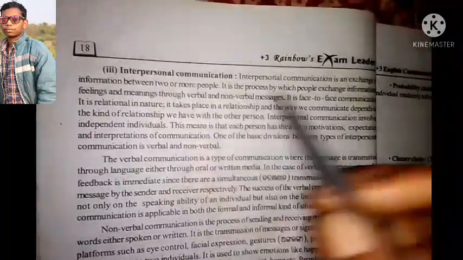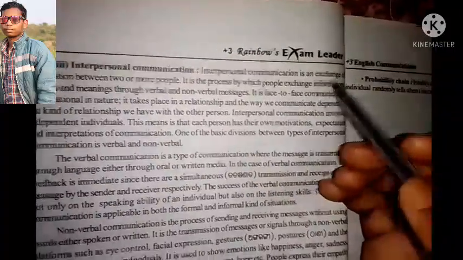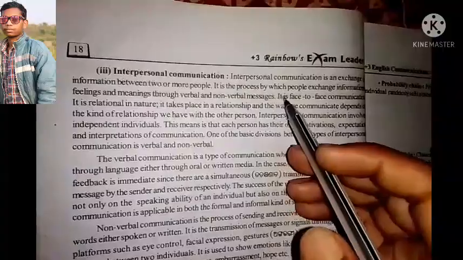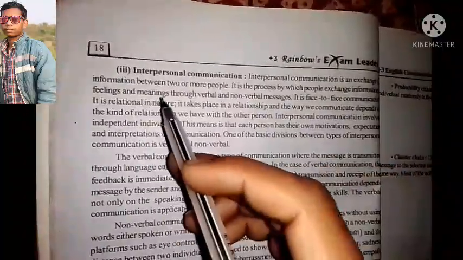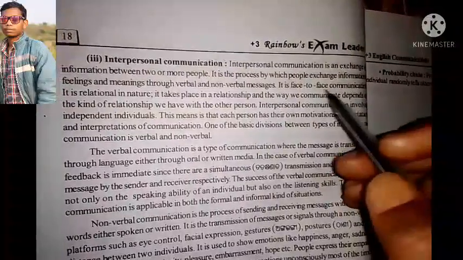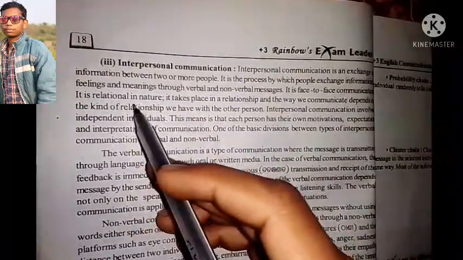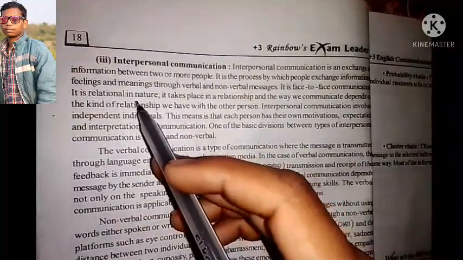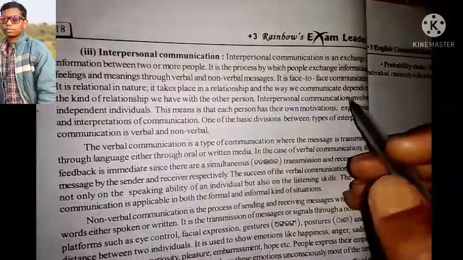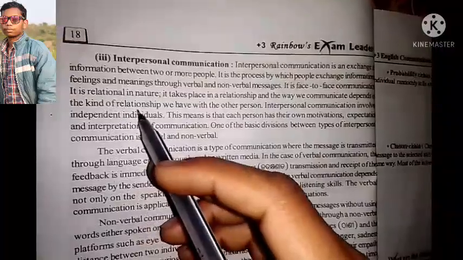That is interpersonal communication. Interpersonal communication is an exchange of information between two or more people. It is the process by which people exchange information, feelings, and meaning through verbal and non-verbal messages. It is face-to-face communication. It is relational in nature. It takes place in relationships, and how we communicate depends on the kind of relationship we have